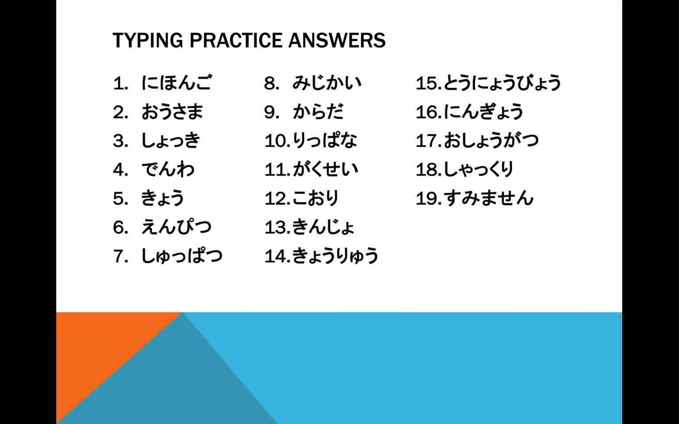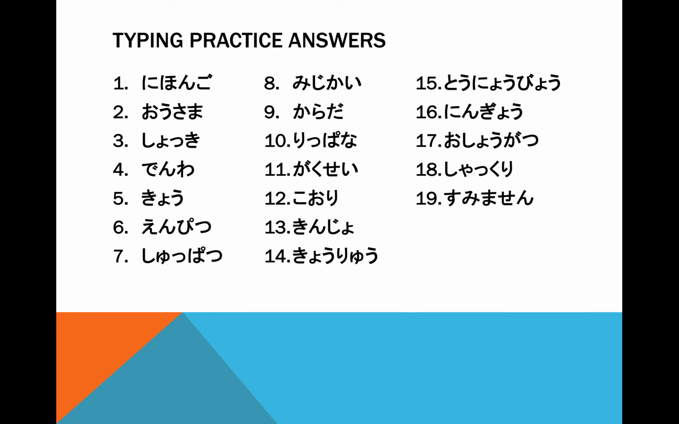Here is the answer. 1. 日本語 2. 王様 3. 食器 4. 電話 5. 今日 is a continuous sound of oo, so you type u. 6. 鉛筆 7. 出発 8. 短い 9. 体 10. 立派な 11. 学生, a continuous sound of ee, you type i. 12. 氷 13. 近所 14. 恐竜